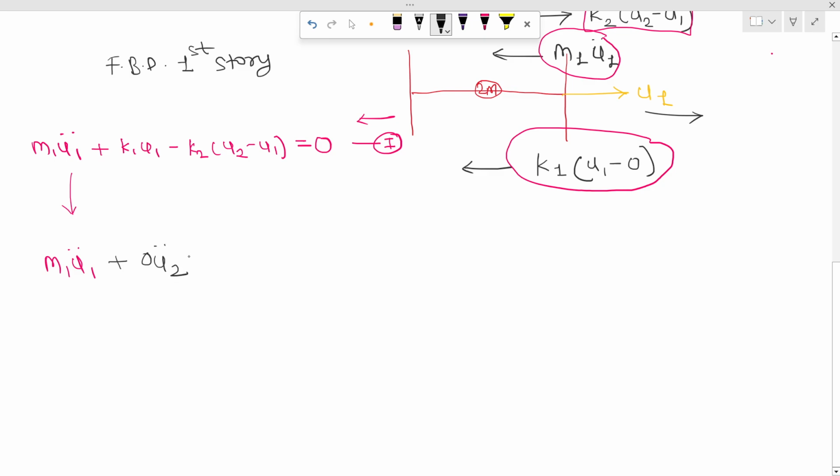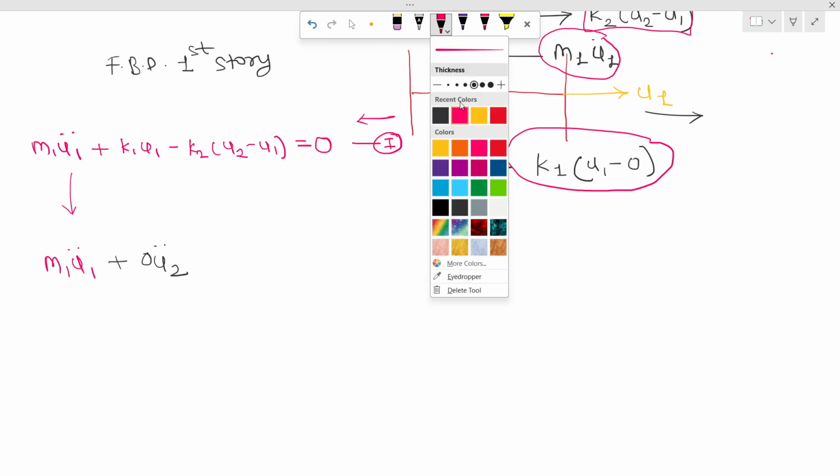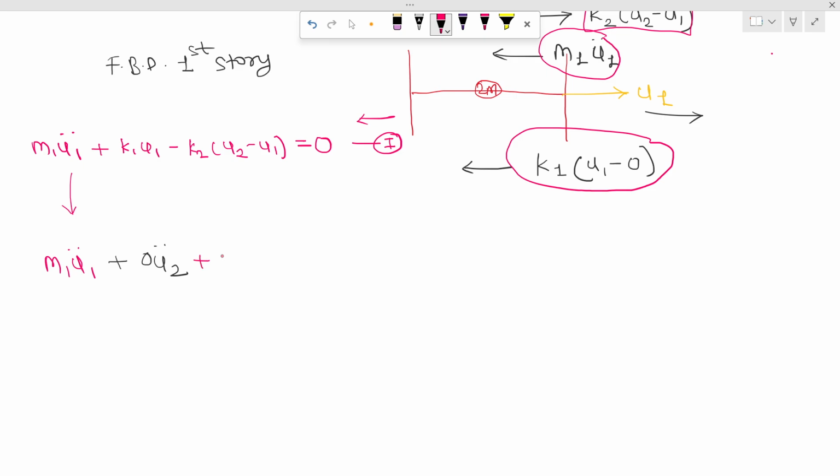As there is no u2 term, I can write 0, plus k1 u1. Now I will write k1 u1 like this, and if I multiply here, I can write minus minus plus. So plus,